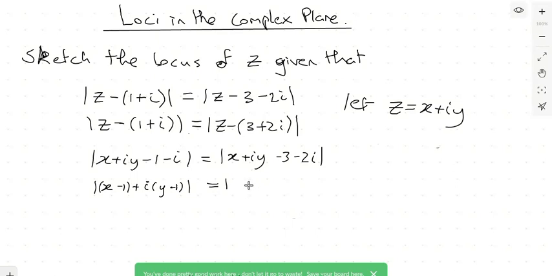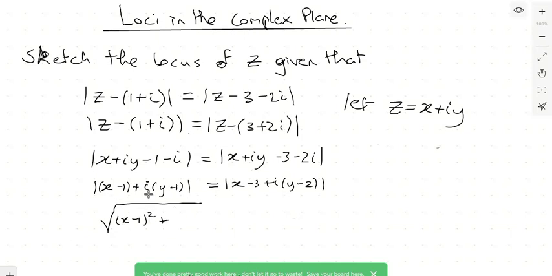I'm going to do the same over here. x minus 3, that's the real part, and then plus i times y minus 2, that's the imaginary part. Now, if you've ever got the length of one complex number equals the length of another complex number, then what you can say is the square root of, you always find the modulus of a complex number in the same way, that squared